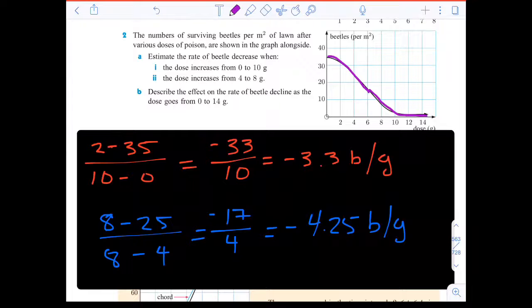You can also find the average rate of change if you wanted to between the start, which looks to be, as we said, 0 and 35, and the end, which looks to be about 14 and 2 or so, and find the rate of change. You can discuss that as well when you subtract them, but just describe